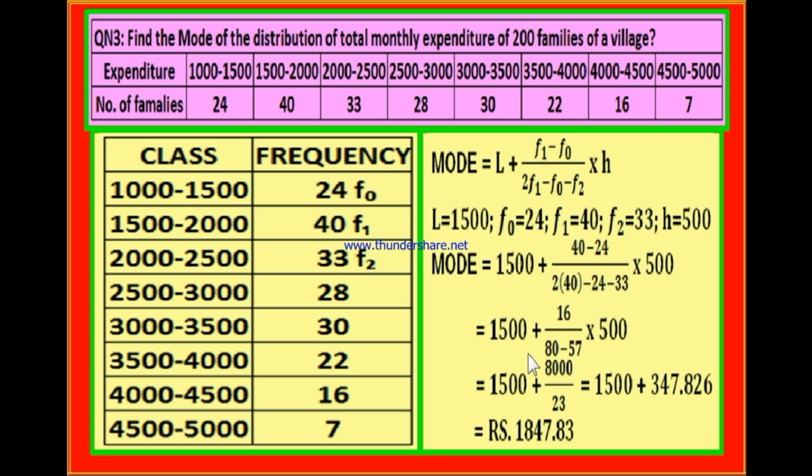This is equal to 1500 plus what is 40 minus 24? 40 minus 24 is 16, divided by 2 into 40 is 80, minus 24 minus 33 is minus 57, into 500. 1500 plus 16 into 500 is 8000, isn't it? 16 into 5 is 80 and 2 more zeros, therefore write 2 zeros more, so that it is 8000 divided by 80 minus 57 is 23. Now if you divide 8000 with 23, you may get